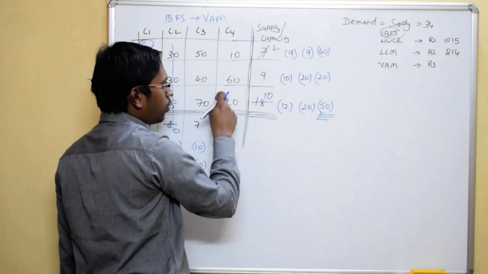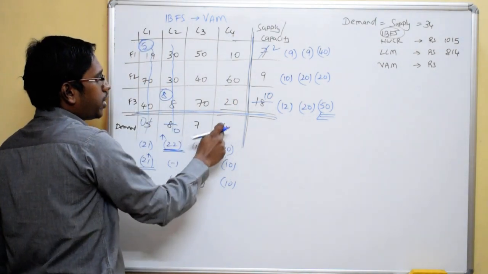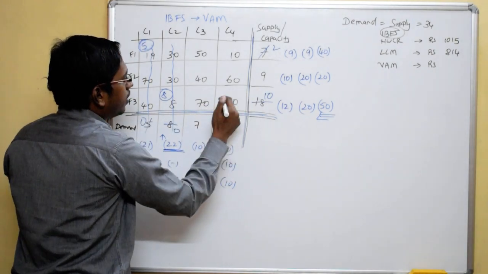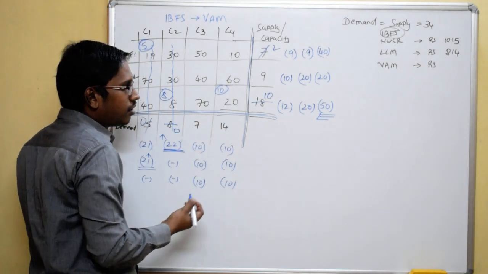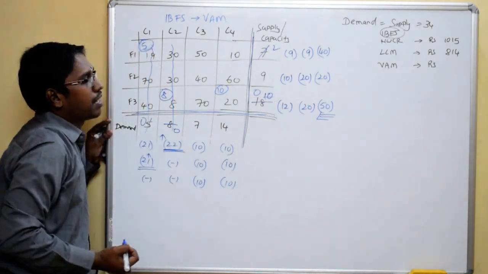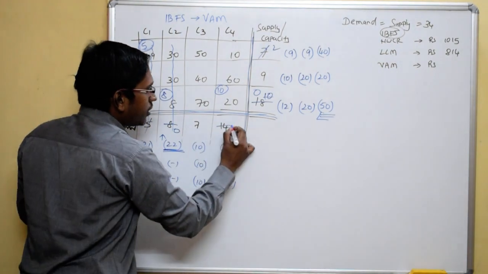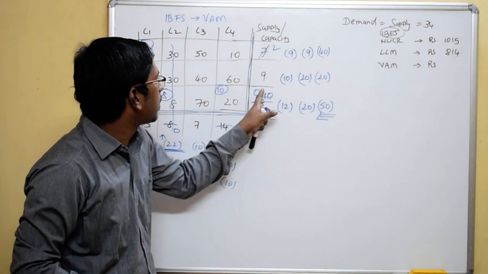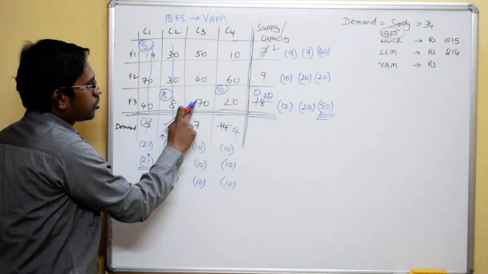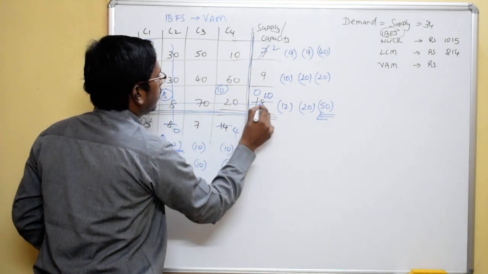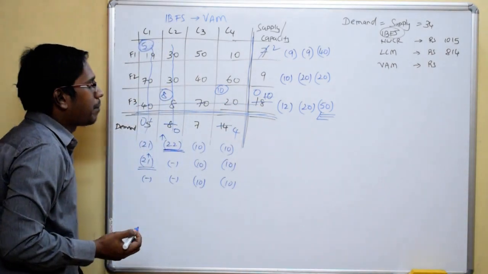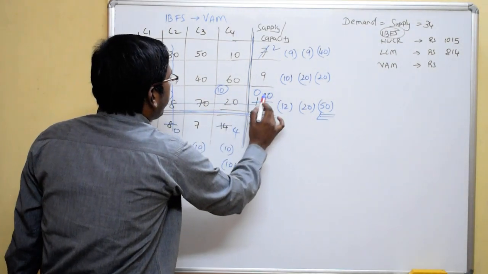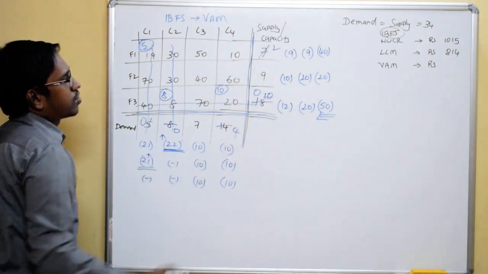So if I come to this cell now, the customer's demand is 14, but this factory can give only 10. So if the factory can give only 10, I will be able to allocate only 10. पूरा 10 दे दिया, factory supply becomes 0. What is left? The customer's demand is still left, 4 बाकी है. Now if this factory supply has become 0, यहाँ पे कुछ allocation नहीं होगा. This further gets cancelled. You need to take a pencil and fade it off lightly. Now, this particular factory supply has become 0, so we strike this off.